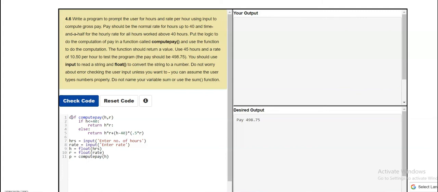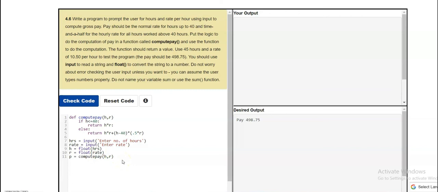This command will transfer the values of h and r to the variables h and r in the function. If you want, I can change the variable names, but just for simplification I have given the same name. You can also give a different name in the function and a different name in the function call.